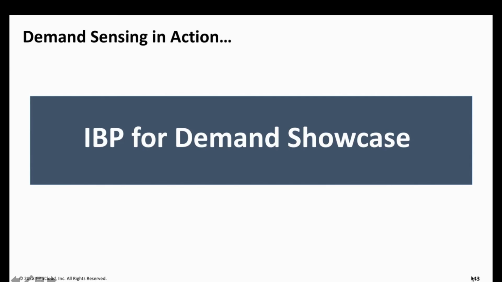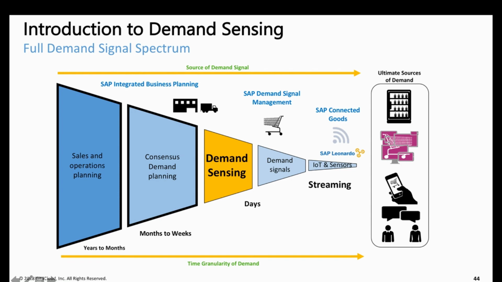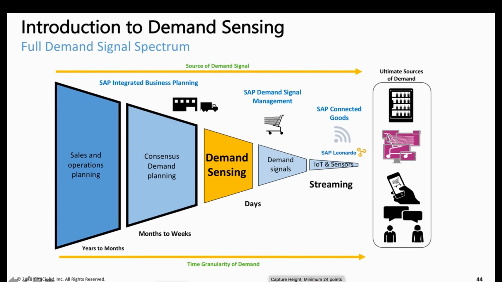Thanks, Professor Ramesh and Ashish. So, as you can imagine, the sales and operations planning and the consensus demand planning process happens in mid to long term planning horizons from years up to weeks, but it doesn't go to the daily granularity. Demand sensing truly recognizes the daily patterns in terms of the shipment data, the open orders, the point of sales data, and gives you a much more accurate short term demand for a horizon of 4 to 8 weeks. So let's understand how IBP does demand sensing.